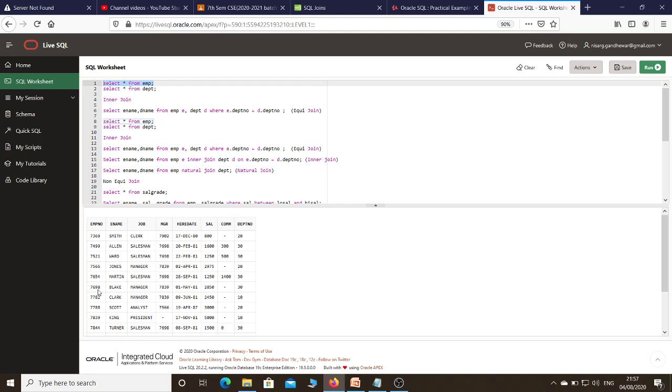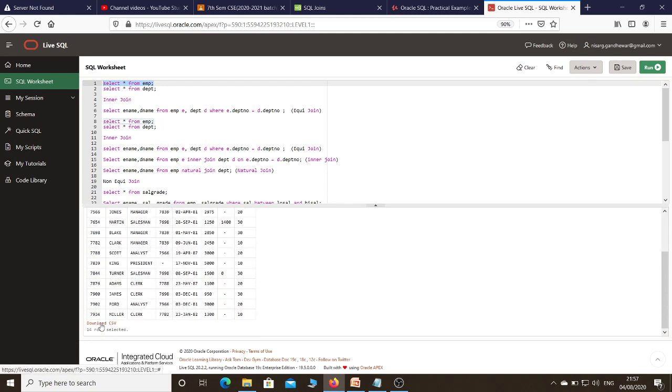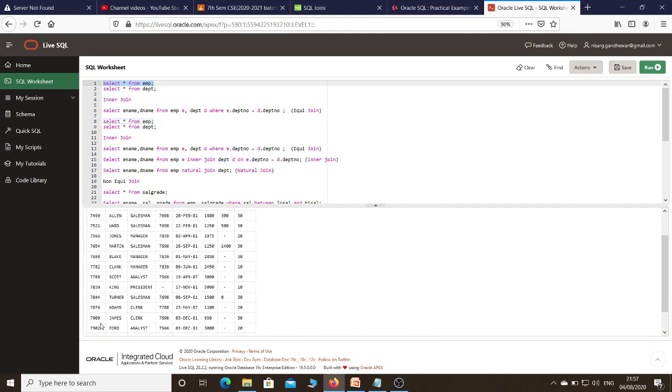So let's check. 7902 is the employee number of whom? 7902 is the employee ID of Ford. So we can say that for employee Smith, Ford is a manager. But one thing we should know, that a manager is also an employee of the company.